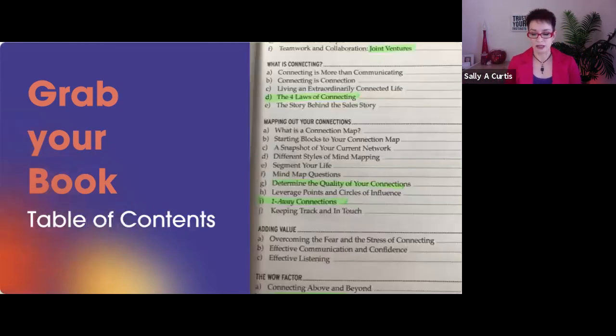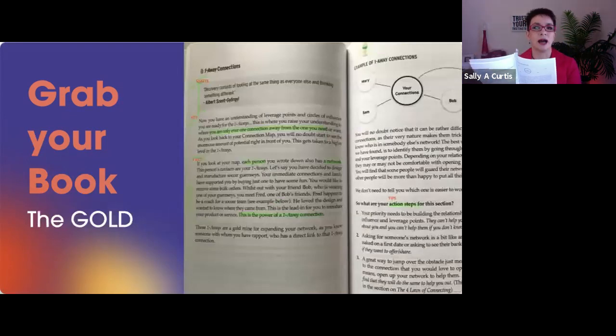The next thing I want you to do is turn to your contents page, again just shown on the screen there for simplicity. And what I'd like you to do here is just scan it for some of the chapter titles that are a little bit more interesting than most. And you can see in my example, I've actually highlighted a number of them. So when you find some of those chapters that jump off the page a little bit more than most, you're then going to go into the chapter within the book and have a look within that chapter for elements that are potential takeaways, teachable moments, quotes,